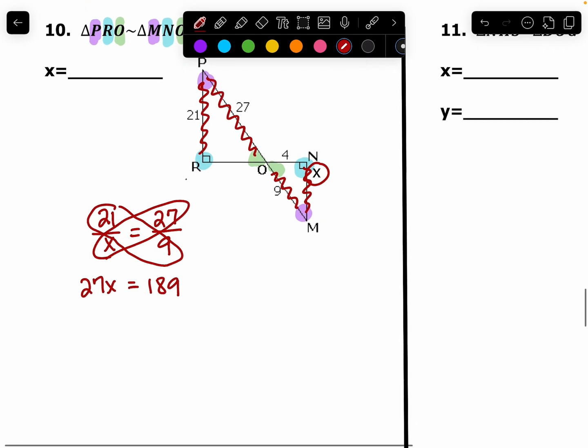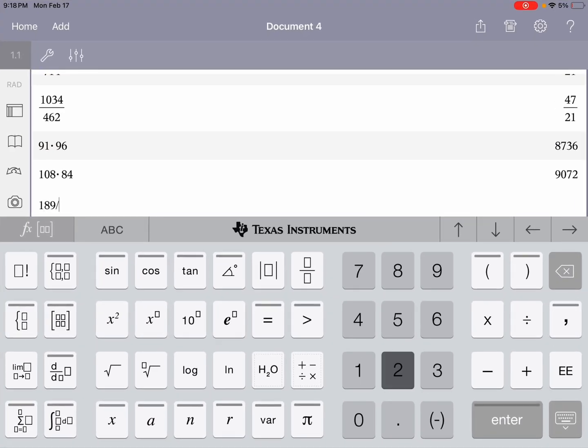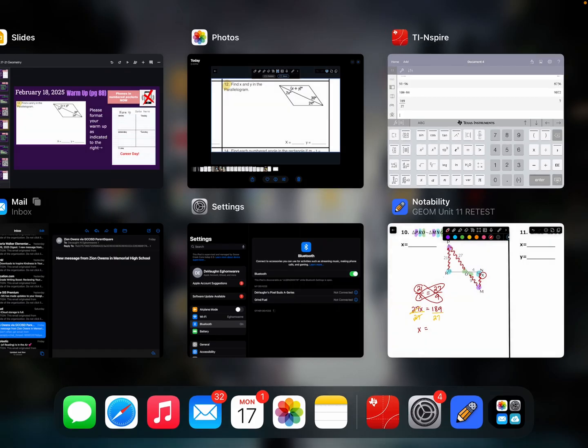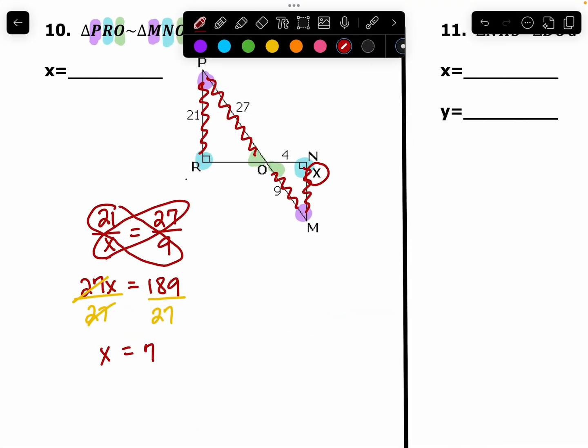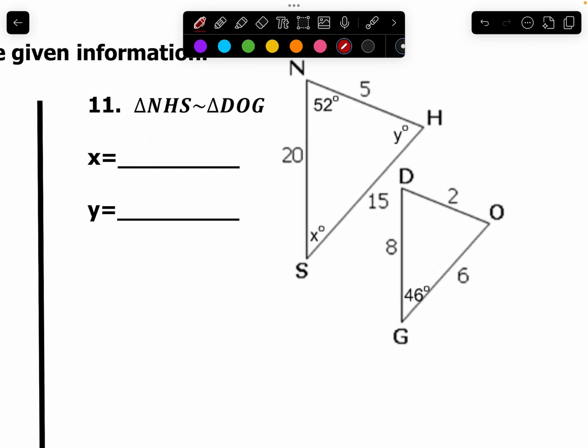Okay, and then we're going to divide both sides by 27. Okay, number 11, NHS is similar to DOG. So N and D correspond, H and O correspond, and then S and G